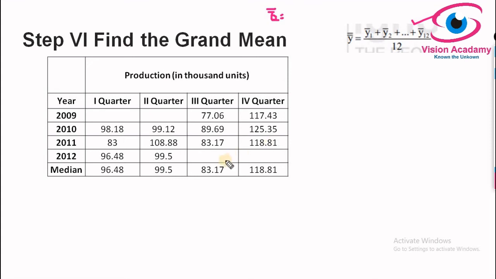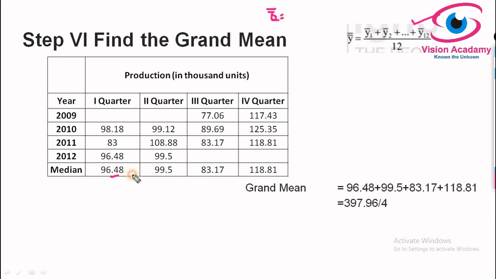And in the ratio to moving average method, we are not going to calculate an average. We have calculated moving average, we have calculated centered average, we have calculated seasonal relatives. All are, one way or another, averages, and we have observed seasonal relatives, and in that we have taken the median. Median is also a central tendency. We can take it as a mean only. So using median values, we can find out the grand mean.